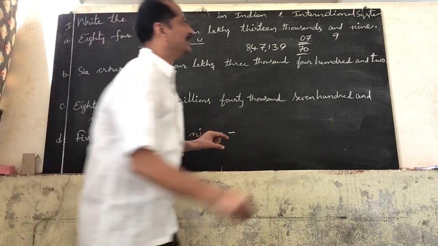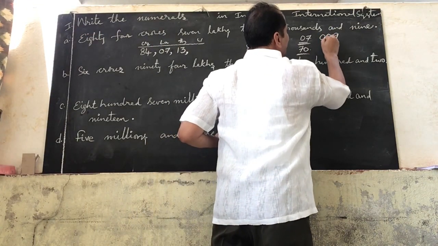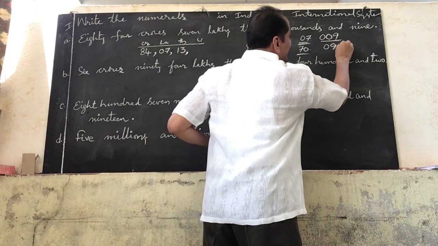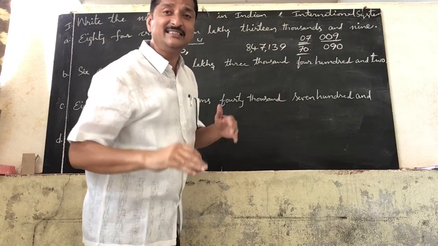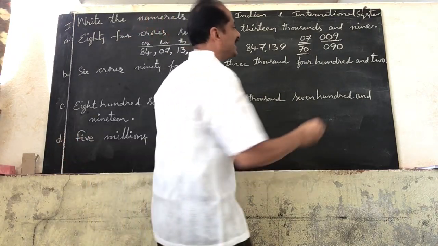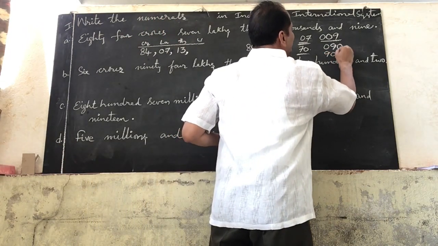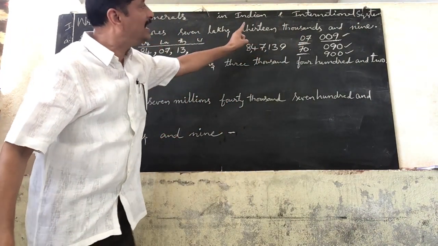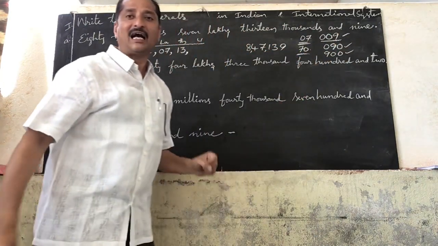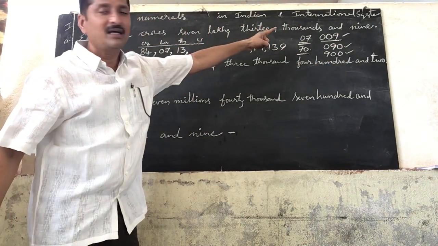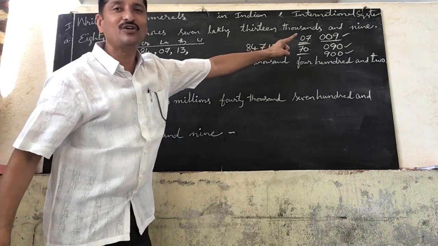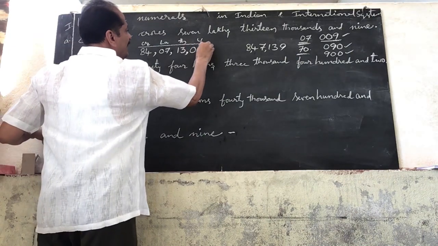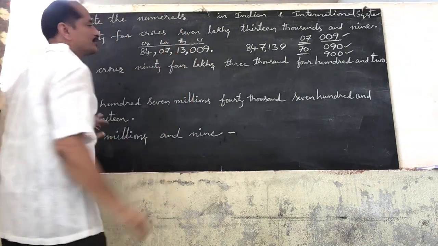009. If you write 009, it becomes 9. But if you write 090, then it is 90. If you write 900, it becomes 900. But what is the correct one in 3 places? He has given 9, so you have to write 009. That is the correct one. The units period has 3 places: 009. Then a full stop. So commas and a full stop.